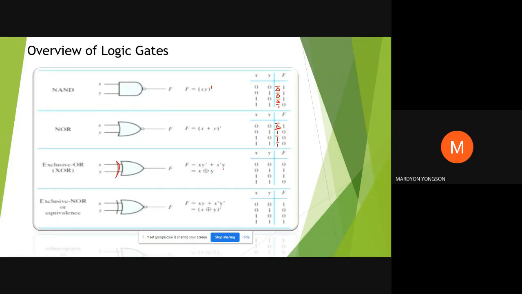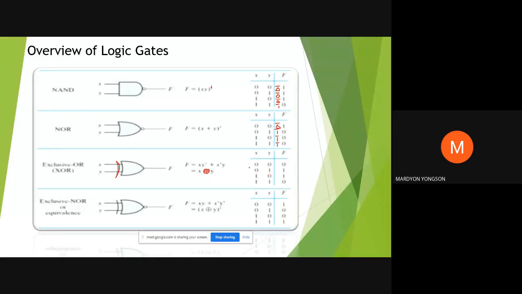And the equation will be x y complement plus x complement y, or we have the x plus y na ganito yung symbol. And so sa XOR,